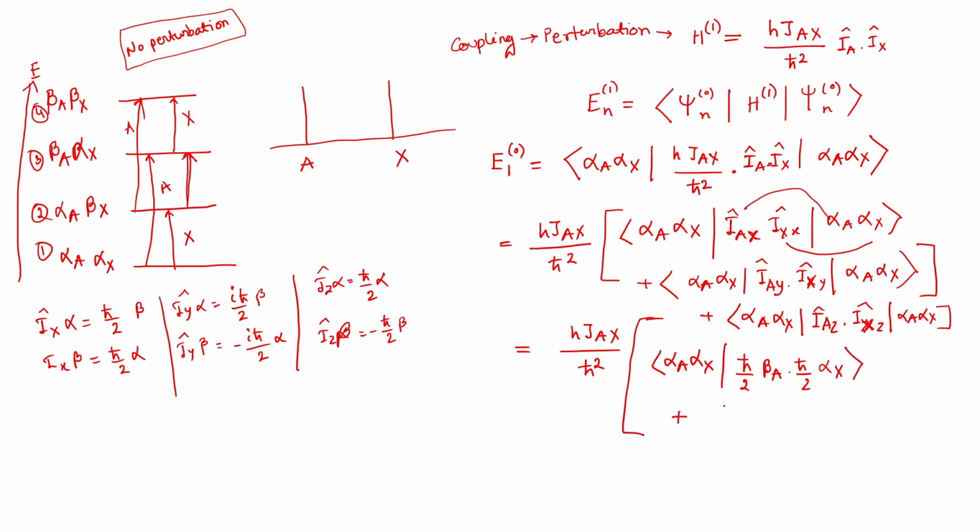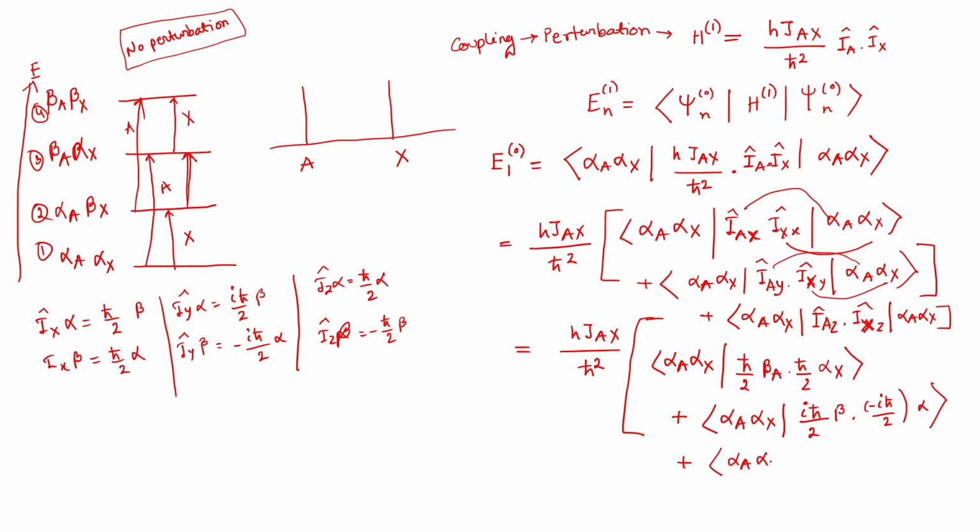Then in the next case we are expecting alpha a alpha x. Now I y, first I h cut, I y will first work on alpha a, right? So that will give us I h cross by 2 beta, right? And I x y, when it will work on x, it will give us actually minus I h cut by 2 alpha. Okay, bracket close.